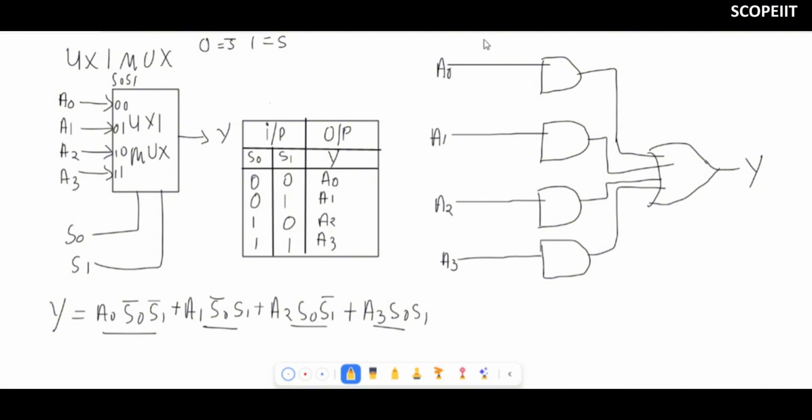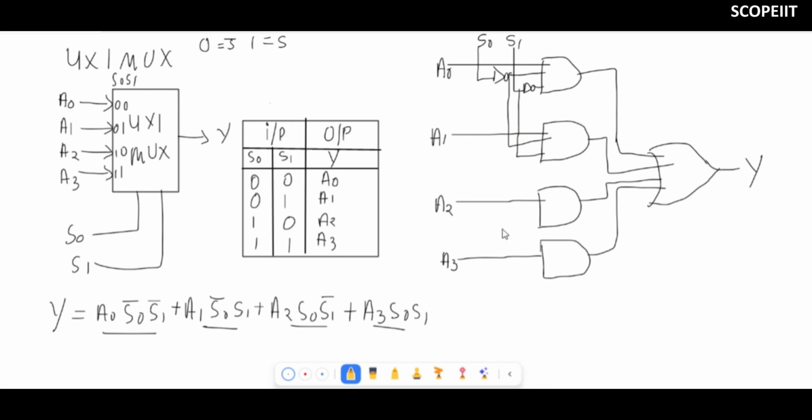Okay, and the next thing we have is S0 and S1, right? Now here in the first case we want S0 and S1 as bar, right? Here see, S0 bar, S1 bar. Okay, so what I'll do, I'll take a straight line, add a NOT gate and connect. Similarly for S1, I'll take a straight line, connect a NOT gate and make it straight. Next, for A1, we need S0 with a NOT gate, so take a line after this NOT gate in S0. But in S1, what do they need? In S1 we need it without bar, right? Here you can see S0 with bar, S1 without bar. So the S1 line, we will take it before this NOT gate.